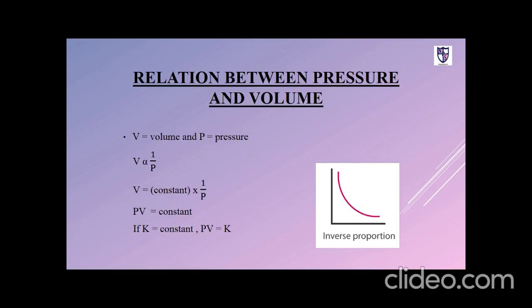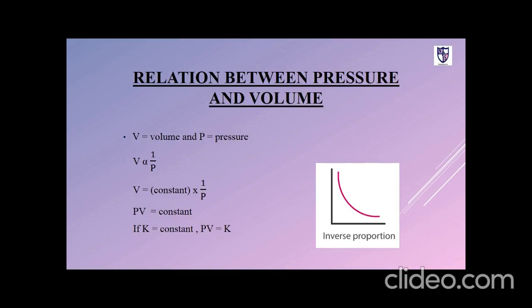Relation between pressure and volume. If we increase the pressure on a cylinder, then the volume of the gas inside the cylinder will decrease. Therefore, pressure P and the volume V are inversely proportional to each other. It is how we write that V is inversely proportional to P, and we know by removing the sign of proportionality we get some constant. P is dividing by 1 on right, so when we move it on left, it will be multiplied by V on left.